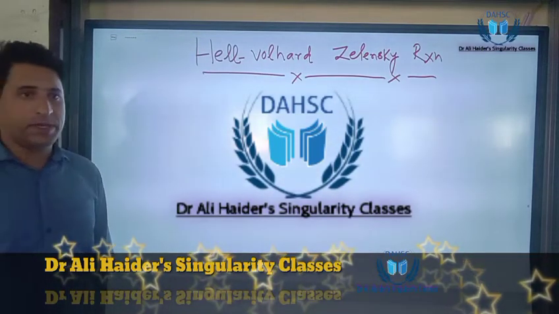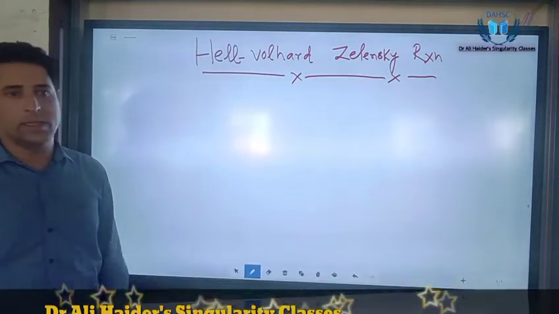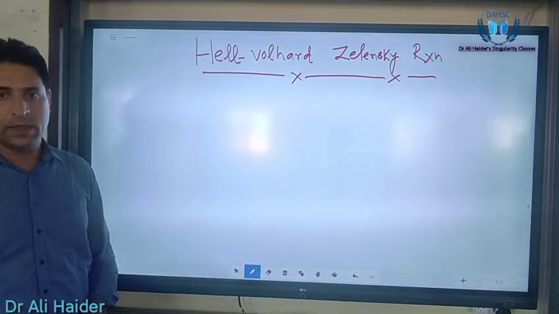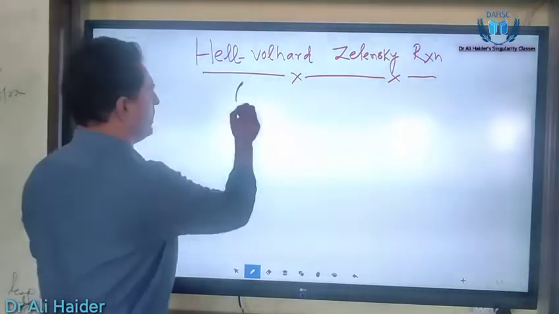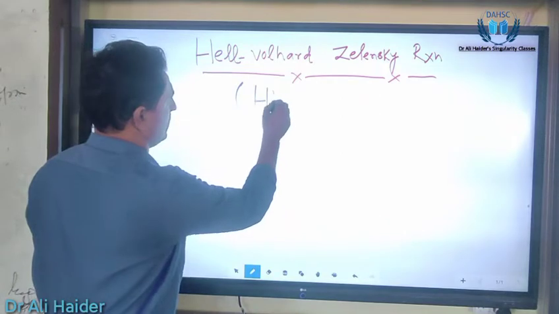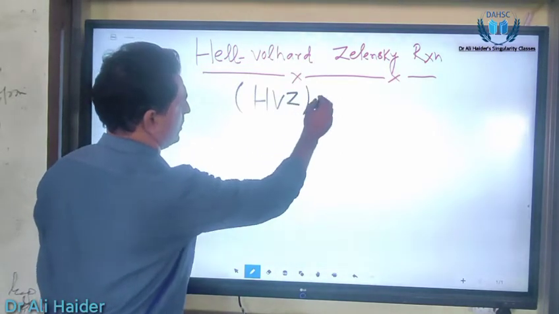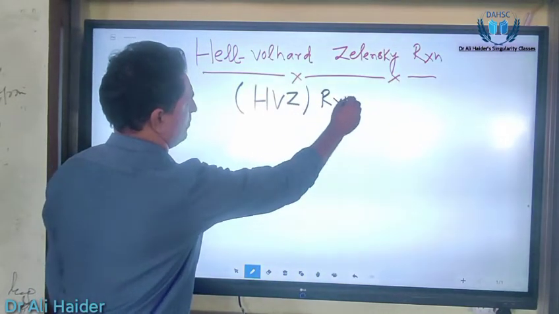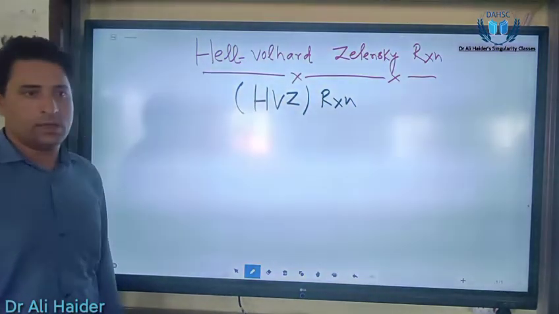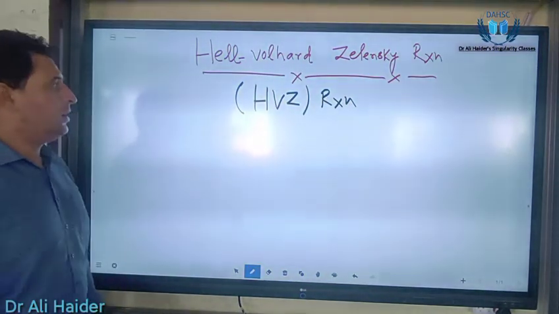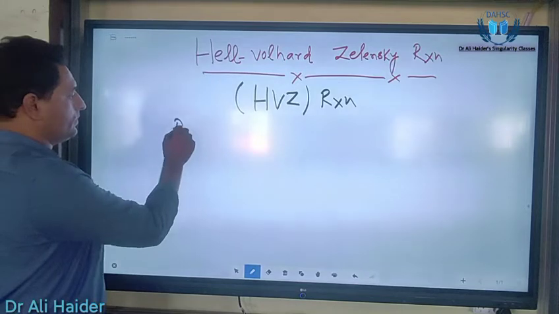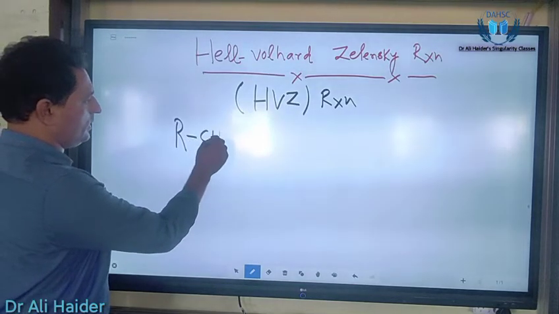Now today's lecture will be based on the Hell-Volhard-Zelinsky reaction. In short, we call it the HVZ reaction, that is the Hell-Volhard-Zelinsky reaction. So what we do in this reaction, we take a carboxylic acid,